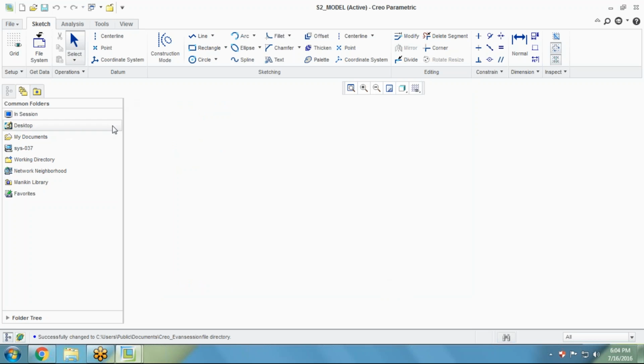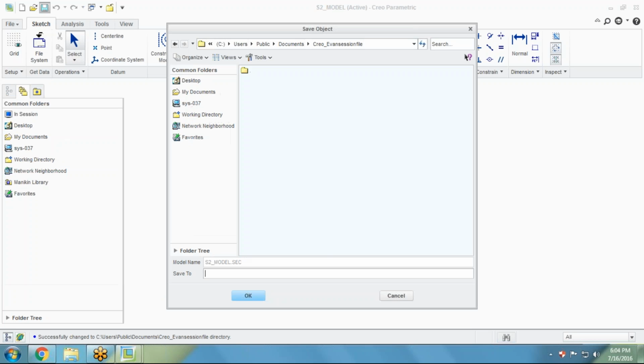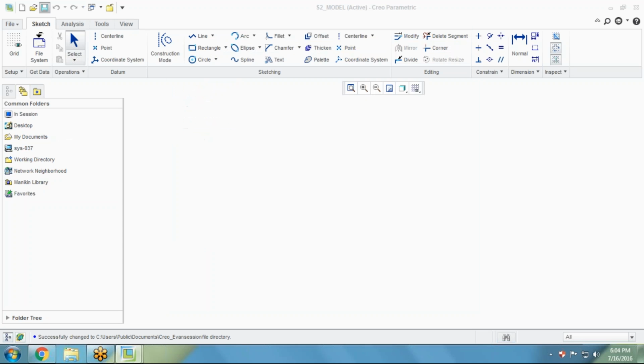So now I'm saving this file. The file name is S2 underscore model. Click on this, save the file, and now the file will be going automatically into the same folder, which is Creo underscore A1 session file. So click on this. So file has been saved,